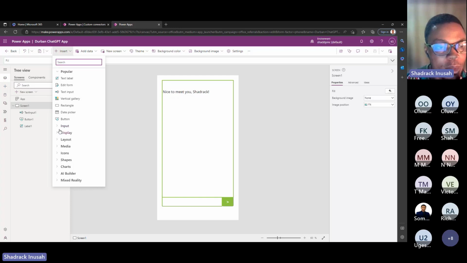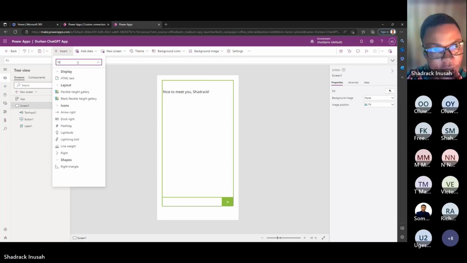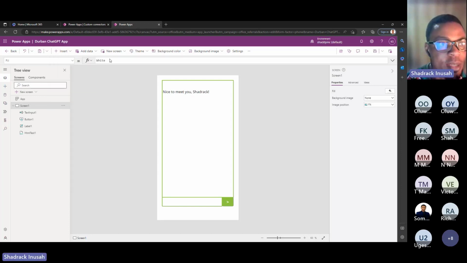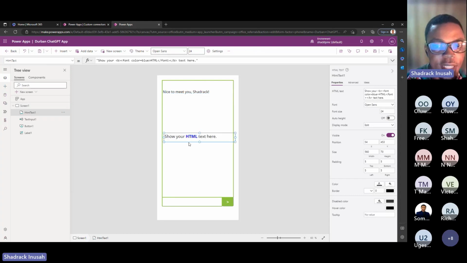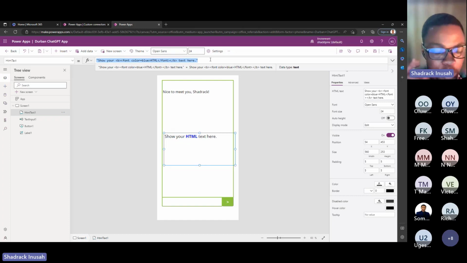Let me see if I can find this. Yes, you can find something like HTML. So you can actually use HTML and CSS here, as you can see, right? You can bring your CSS and HTML here, which will work perfectly. Sometimes, if you follow most of the MVPs online, they are creating awesome UIs in Power Apps, and they are using CSS. So you can just bring your CSS HTML here and it will pop up, and you can use it to do whatever you want.